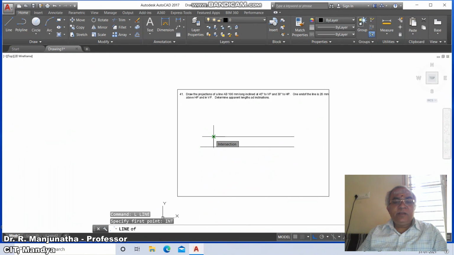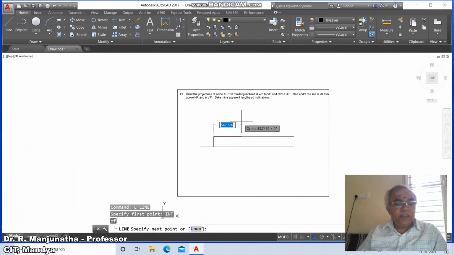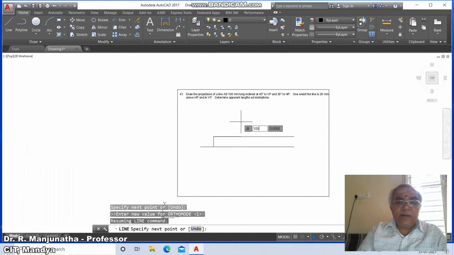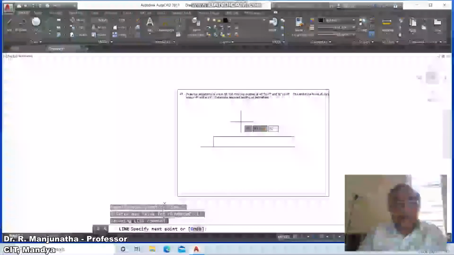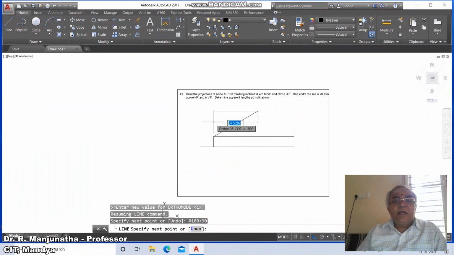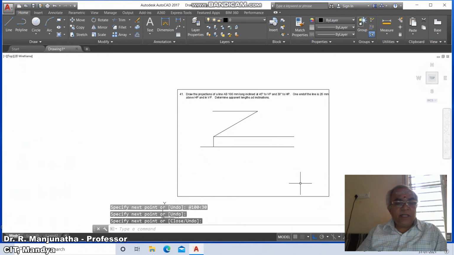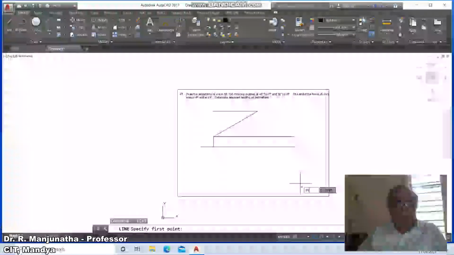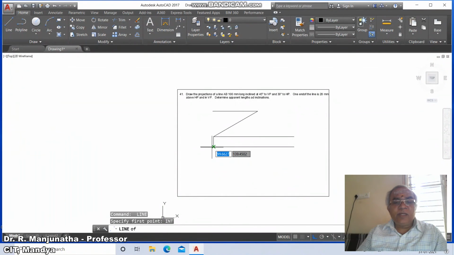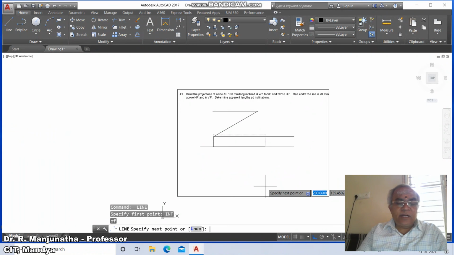The moment you get that, you click on the first button of the mouse, then you type @100<30 degrees. So you're going to get the line and draw a horizontal line here. Similarly, you take line, because the true length is the same in both the horizontal plane and the vertical plane. Again, you take @100